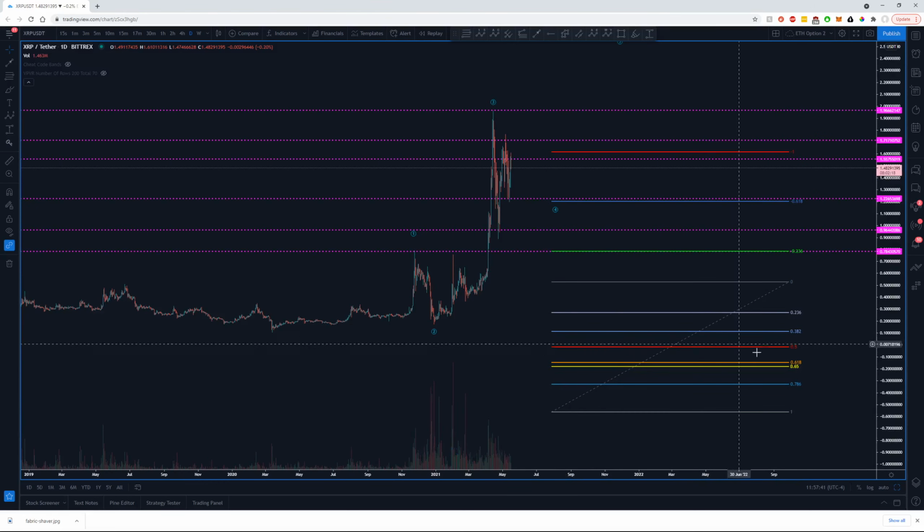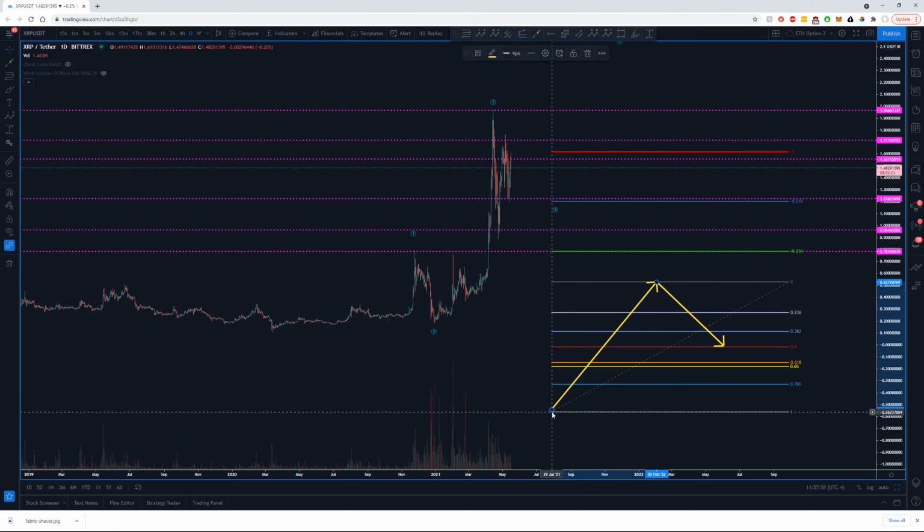This essentially means that it's a 50%, 0.5 being 50%, to 65%, 0.65, retracement of the move. In other words, if we had a move that looked something like this, and then we came back down to the red line afterwards, so we click our Fibonacci retracement from the bottom here to the top here, and if we were to come back down to this red line, it would be a halfway pullback of this entire move right here. We'd lose half the value from the bottom to the top right here to get to this red